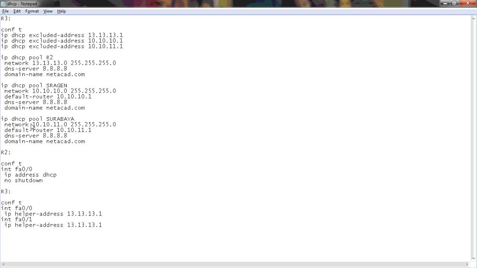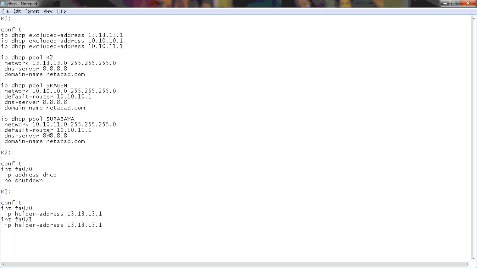And the last is for the Surabaya LAN. We need to configure the DHCP pool with the pool name Surabaya, and the network address is 10.10.11.0, and the subnet mask is 255.255.255.0.